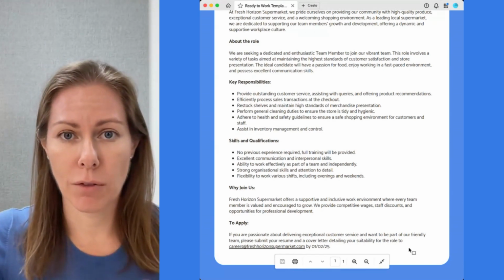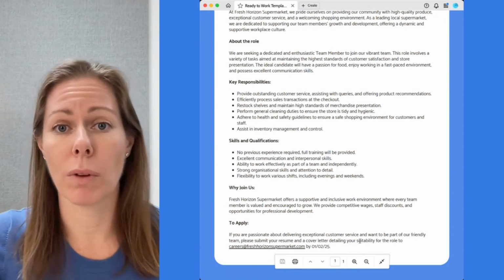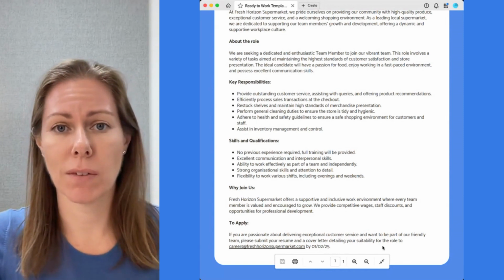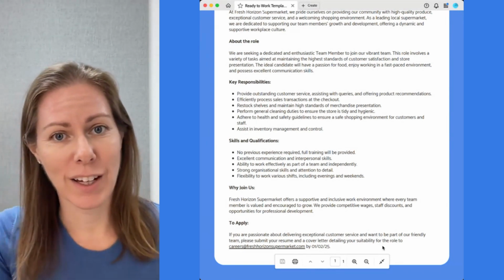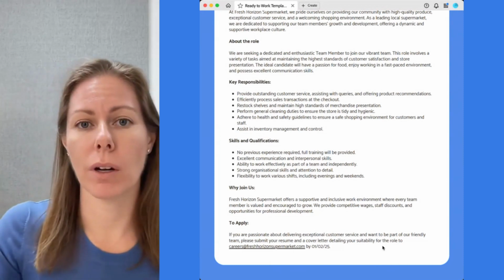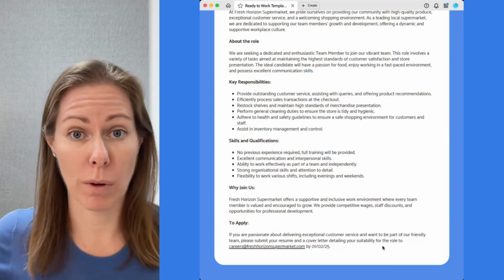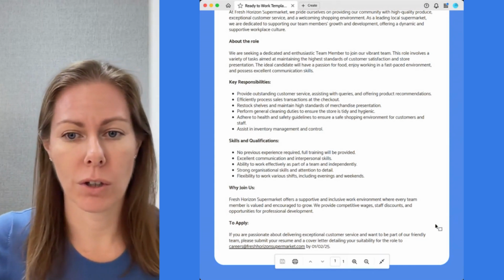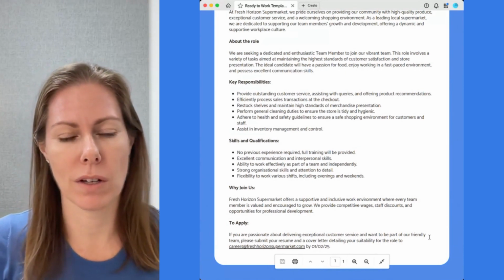So if you were going to apply for this job and you were thinking, don't bother with a cover letter, I wouldn't bother with the application, because they've given you some really clear instructions. And if you can't follow those really clear instructions in applying for the job, they probably won't hire you because they're thinking you're probably not going to be able to follow instructions when you're at work as well. So make sure that you really spend some time and note down the actual application process so that you understand